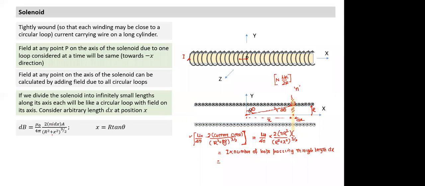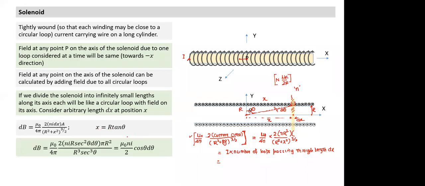And again, what I'm going to do now is convert x into theta. This is exactly similar to what we have done here. What is x equal to? This is r and this is x, so tan theta is equal to x by r. x is equal to r tan theta. Since I have a dx term here, I can substitute x and dx in terms of theta.